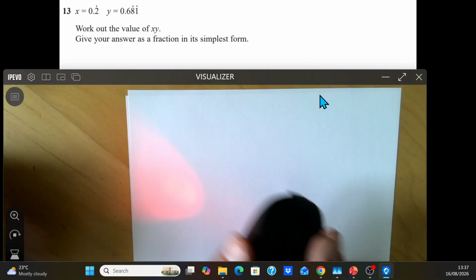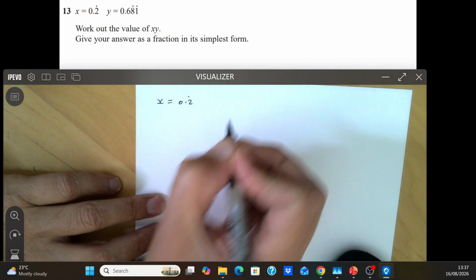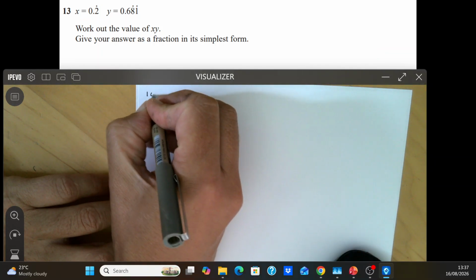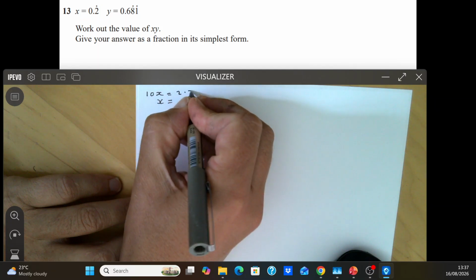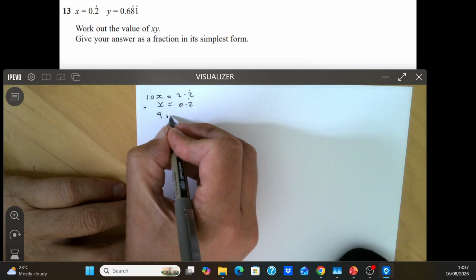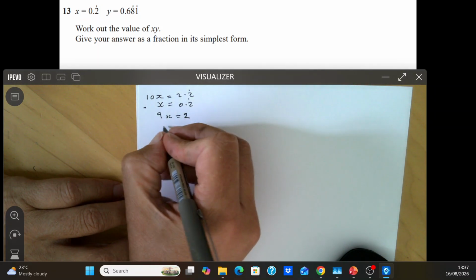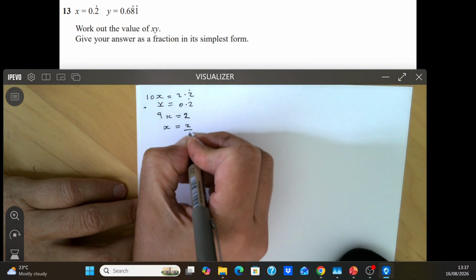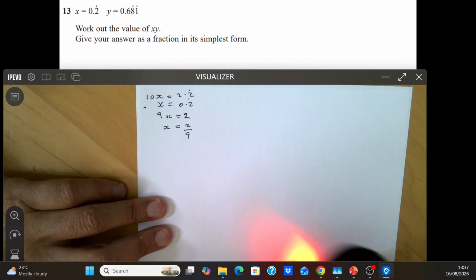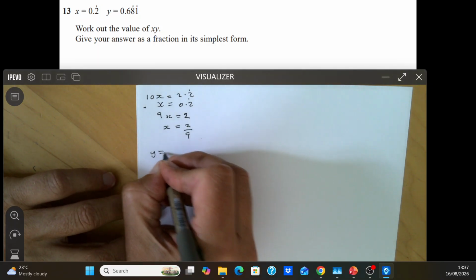Right, so you're told x equals 0.2 recurring. So you then know 10x must equal 2.2 recurring. So I can take that away. So I now know that 9x must equal 2. So x equals 2 over 9. So I've now written it as a fraction. And I've got y equals